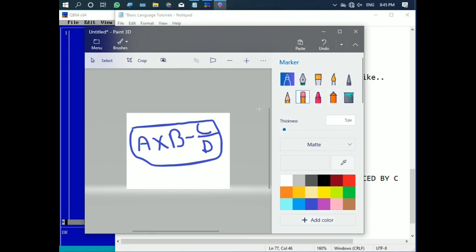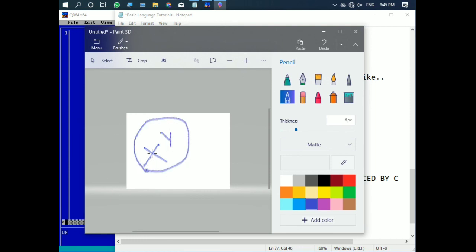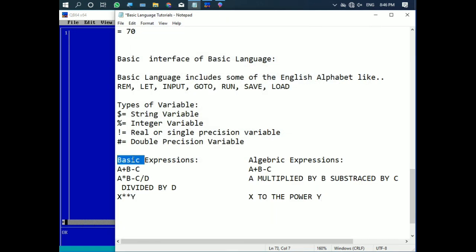I'm not familiar with this interface. Now let's write what x to the power y is written as. We know this means x to the power y. So in the basic expression it is x double multiplied by y, or we can write x this sign y. So x double multiplied by y or x to the power y. This is in our basic expression.